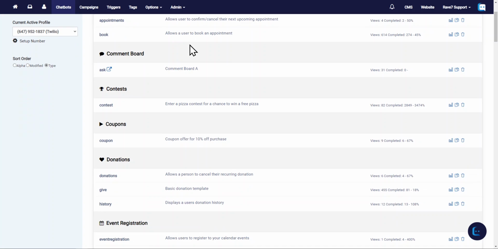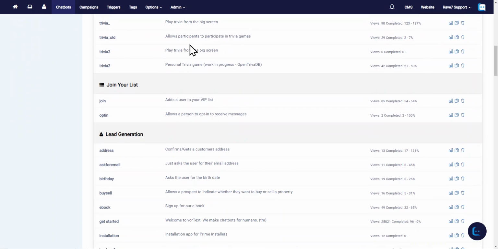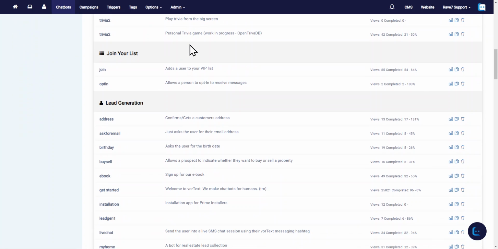We're going to be looking at the Join Your List chatbot. Now, this chatbot is one of the key bots that you probably will want to use in order to start building your list. So you can publish on your social media, on your website, just advertise anywhere you can for users to be able to text the word join to your list or any other word that you want that to be. And they can be added onto your VIP list, perhaps in exchange for some kind of discount or